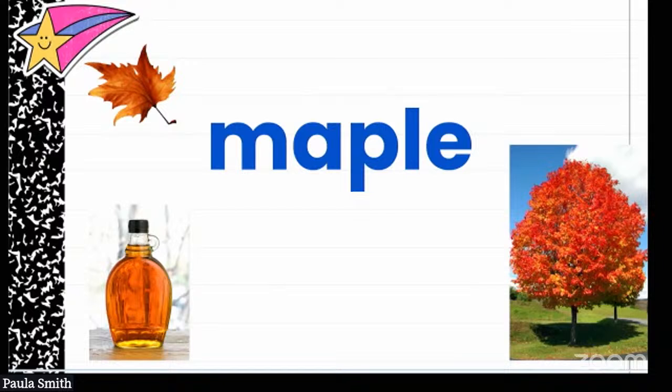Now this word has the long A sound spelled with just A by itself. So we have may, and pole. And then we put those 2 chunks together. Maple, maple. Now what you'll do on your paper is underneath that A with the line under it, that's where you're going to write this word, and you're going to say each sound as you write the letters. Since this is a 2-chunk word, you're going to say 1 chunk at a time. So our first chunk is may,